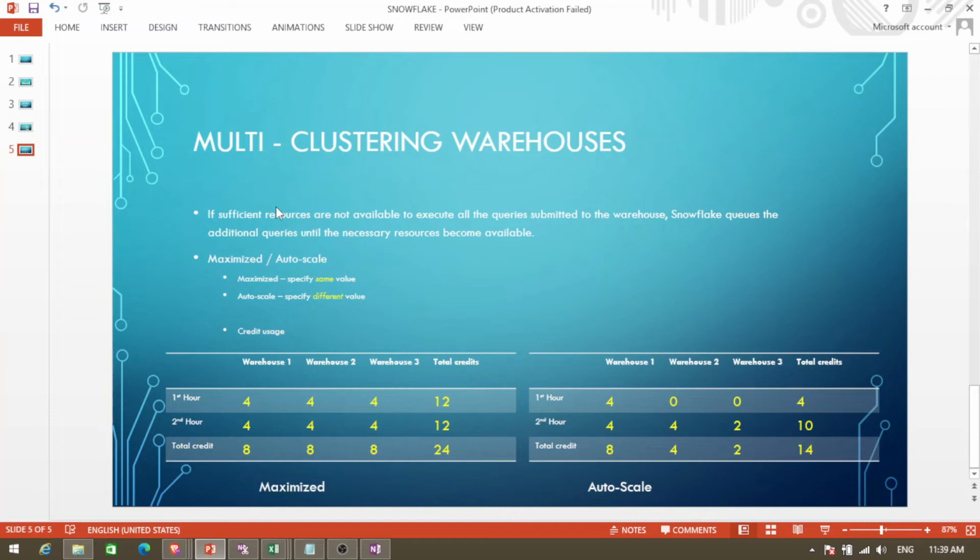So to overcome that problem or challenge, we have the multi-clustering warehouse concept provided by Snowflake. The multi-clustering warehouse comes into the picture when sufficient resources are not available to execute all the queries submitted to the warehouse. Snowflake will queue the additional queries until the necessary resources become available. We do not need to do any additional setting for multi-clustering warehouses. Rather, while creating the warehouse, we have to specify the maximum cluster and the minimum cluster